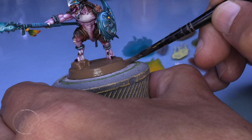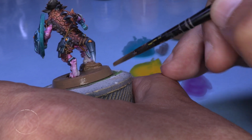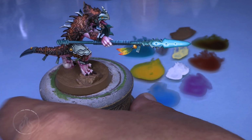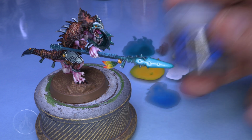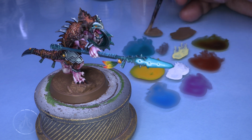Very carefully here, I just simply work the paint into all these little areas, give it a few moments to dry, and then we will move on to the next step. You can see here, we're just simply catching that rim. Again, with the color thinned out, just the dampness of the brush, it flows very, very smooth, but you can see once it dries, you'll still see some of that primer kind of showing through, and we really don't want that. Storm Vermin Fur, Steel Legion Drab, we're going to mix these in a 1-to-1 mix ratio,